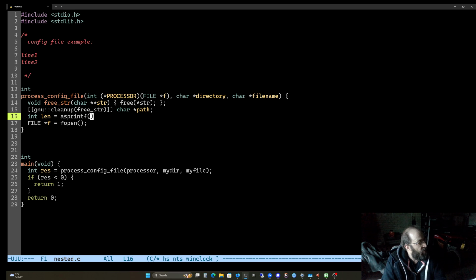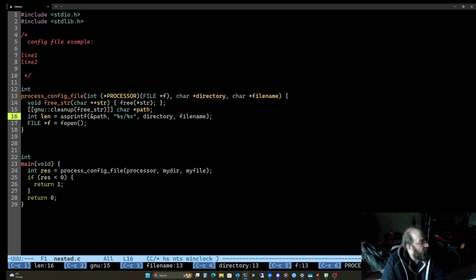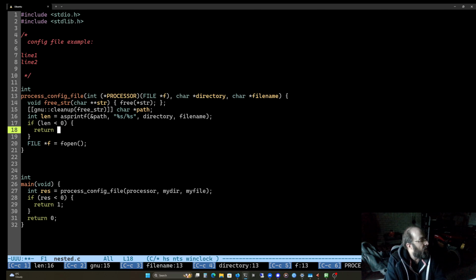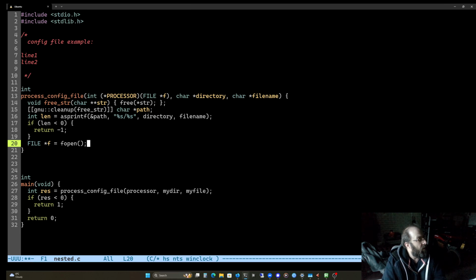Okay, so asprintf will print to the path. It'll allocate the storage, and we're going to make a thing like this, and we're going to have directory and file name, boom, and now if len is less than 0, then return -1 because it failed.